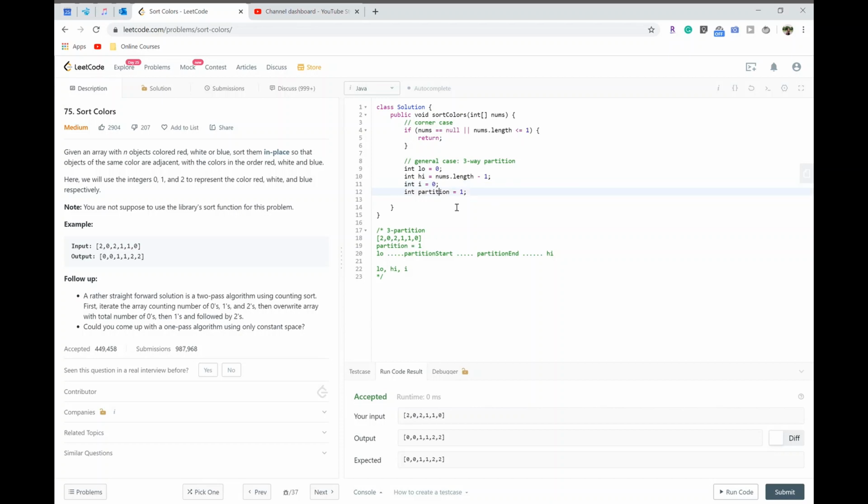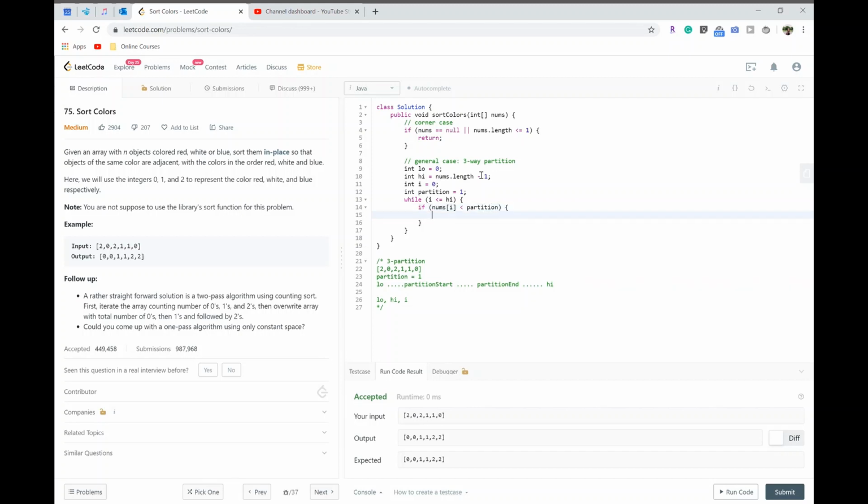Also, we have the partition value. So while I is not bigger than high, we will get the value of nums I. If the nums I is smaller than the partition,